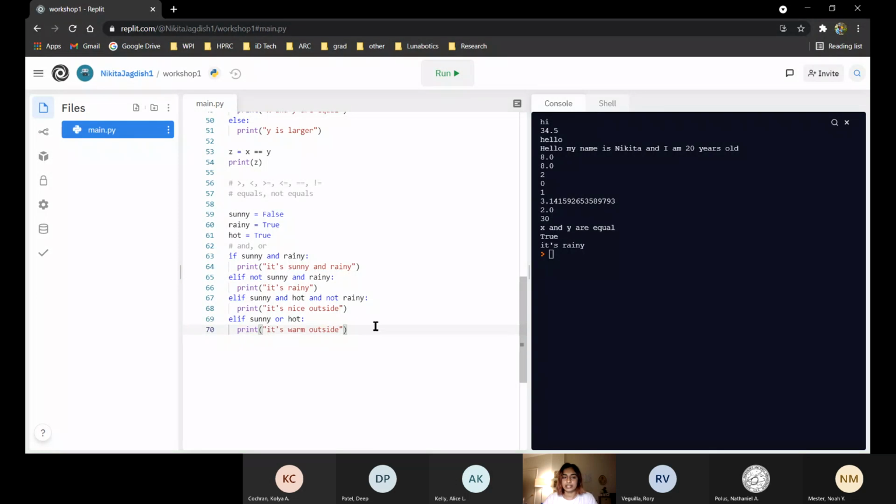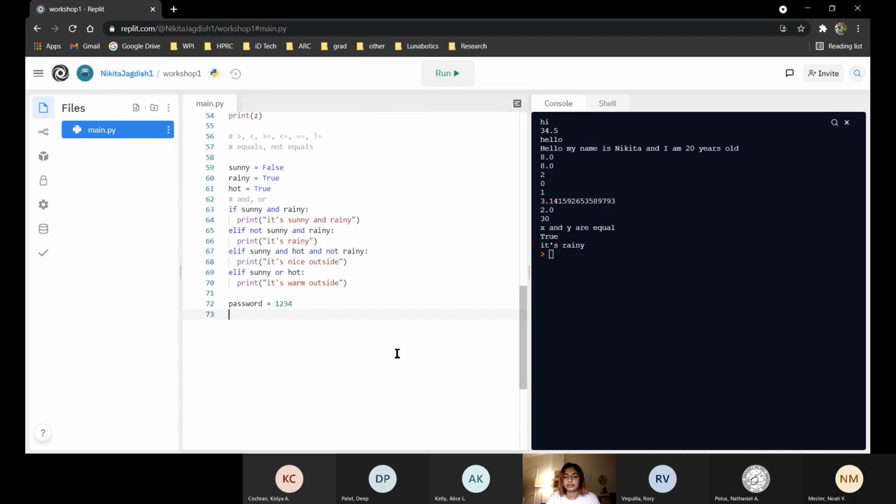Does that make sense? Or do you guys have any questions about the Booleans and if-else statements? And then something else you can do with Booleans is check if something is equal to a string. One really simple example is if you have a password and you're checking if a password that someone entered is equal to the actual password, then you could set